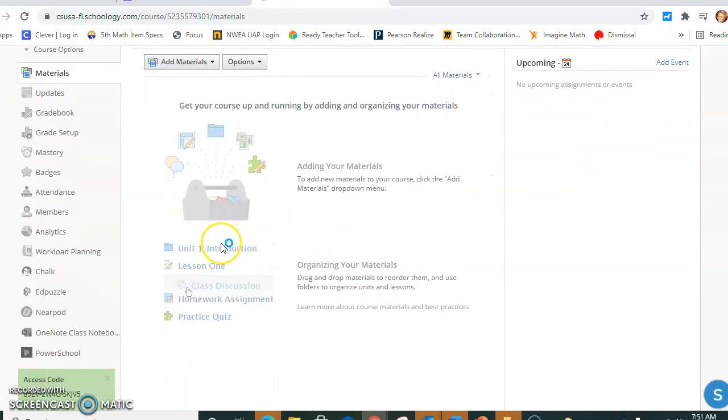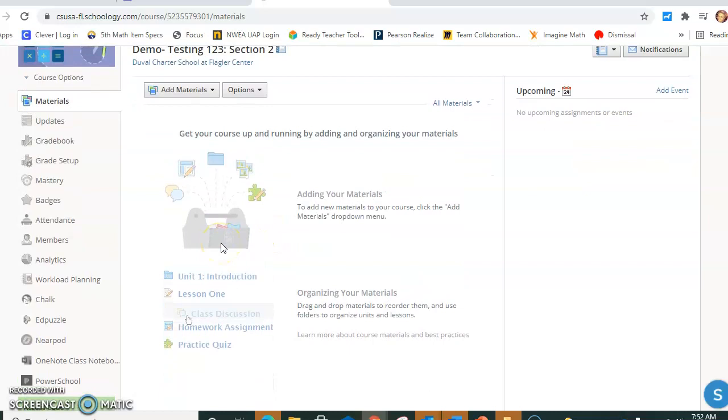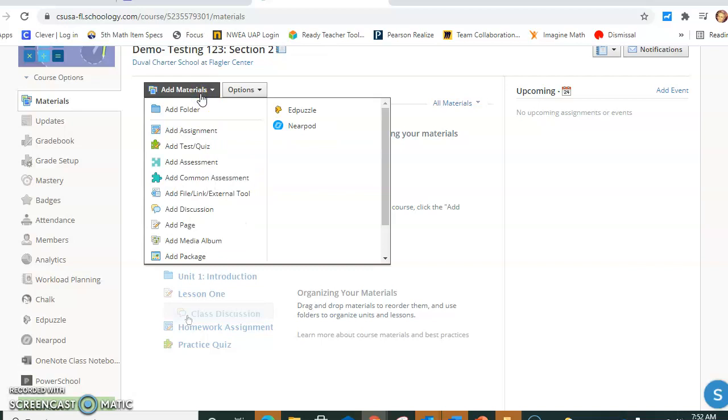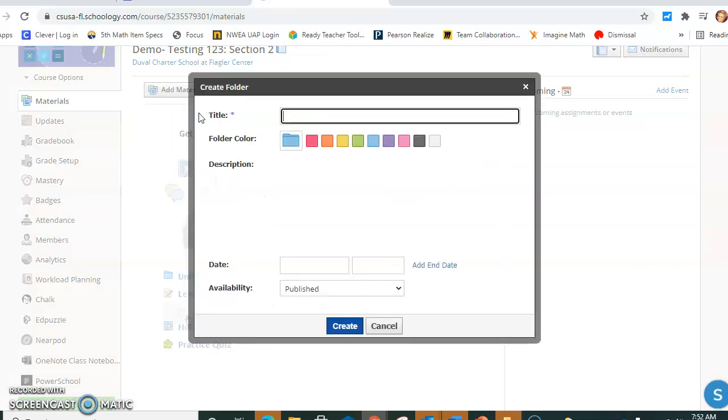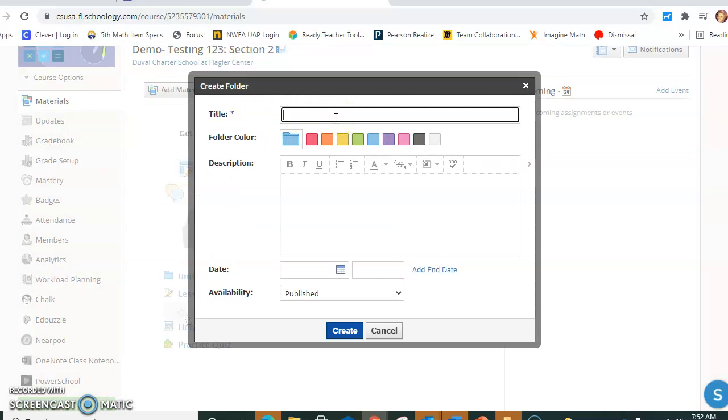The next thing you would want to do is figure out some type of organizational system. Usually this is done by starting with folders. If it were me, I would do my folders by date. So I would maybe call this one what week are we in? Week 3, and I would put the dates, August 23rd through August